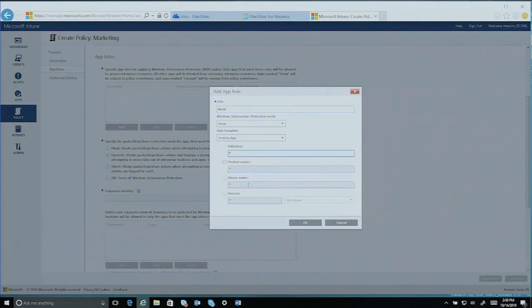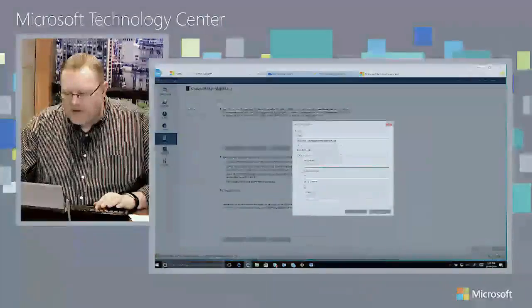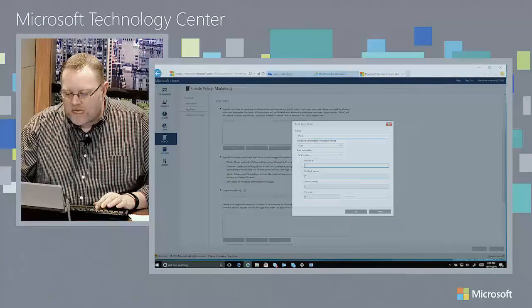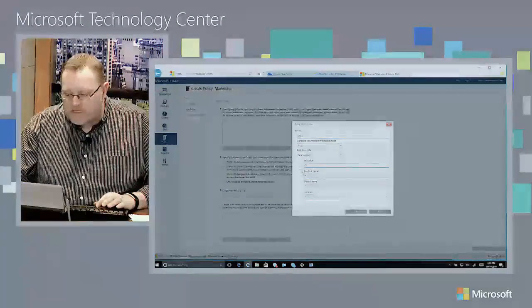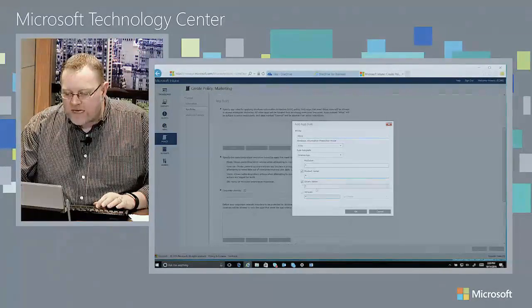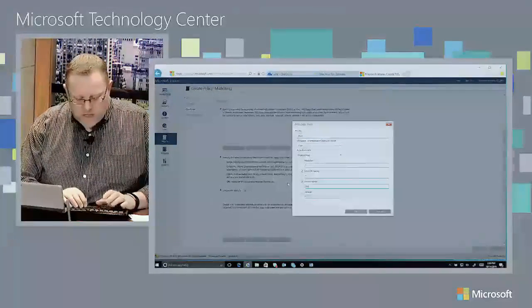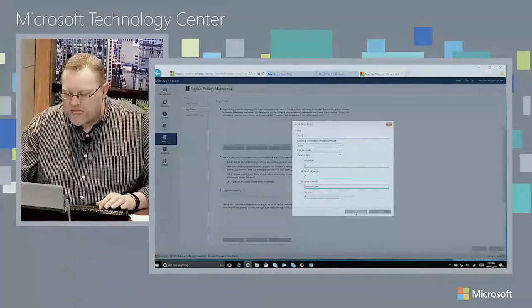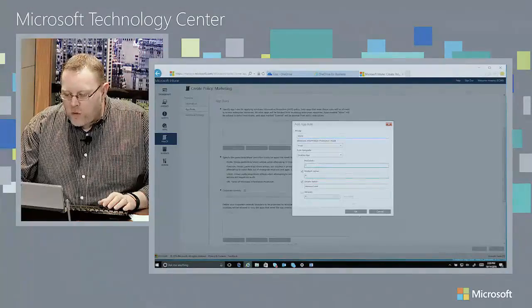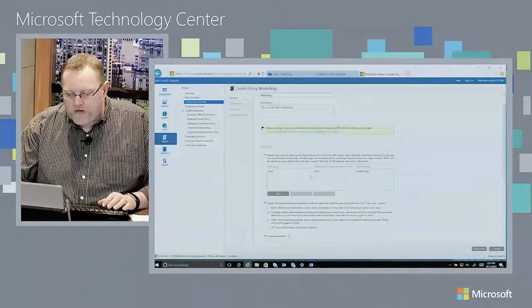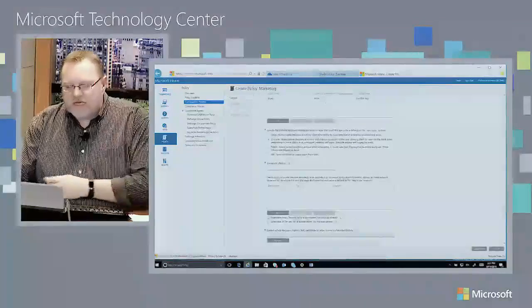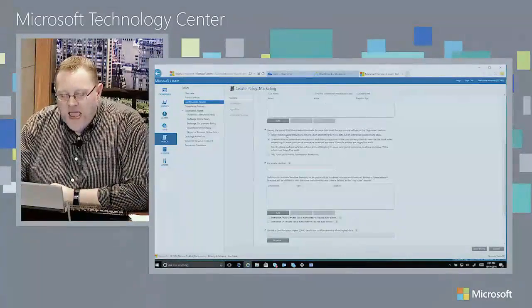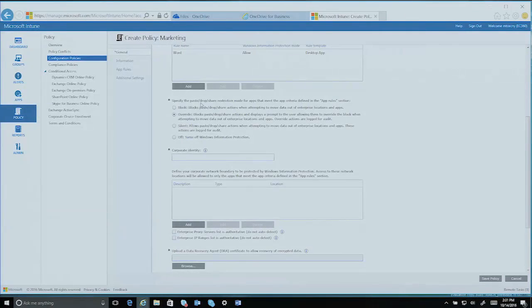The point is, I'd then come in here and set the binary name. In this case, we would use all publishers here, all products, and it would actually be winword.exe that I would drop into place, and I want to go with all versions. So as soon as I've done this, I can drop an application into place. The next thing I need to do is specify how I want to be able to work. Notice that I have a paste, drop, share restriction mode.